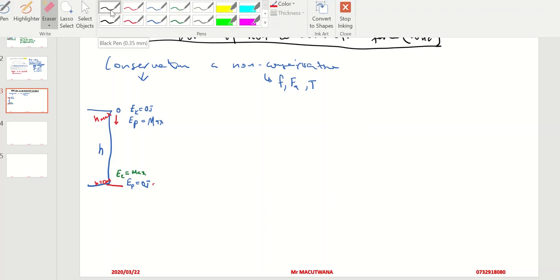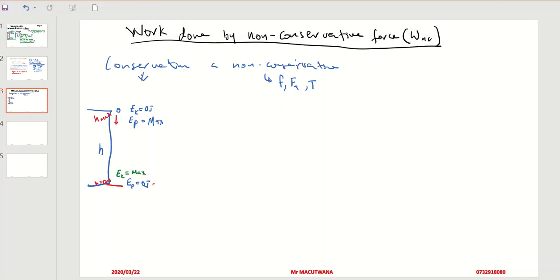So it means there will be other forces acting on the system in addition to the force of gravity. So let's say for example, as the object falls down, there is a force of gravity and a force of friction